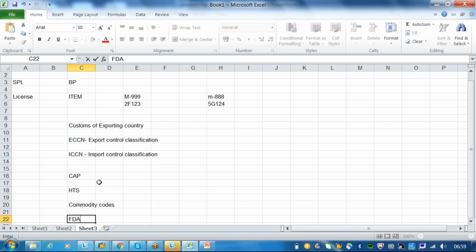The ECCN number is the export control classification number, and the CAP number is the common agricultural product number. HTSS is the tariff code, and this is a commodity code. FTA is nothing but